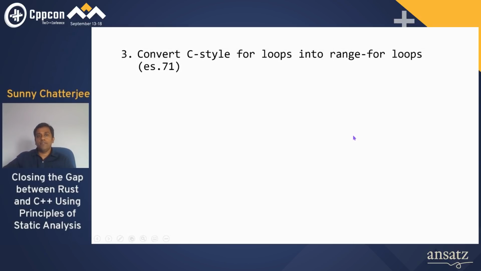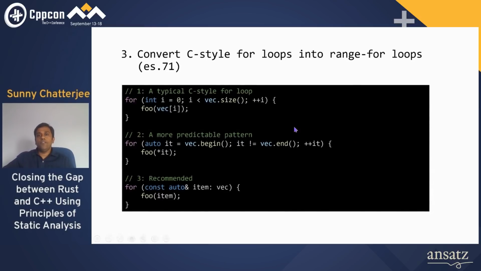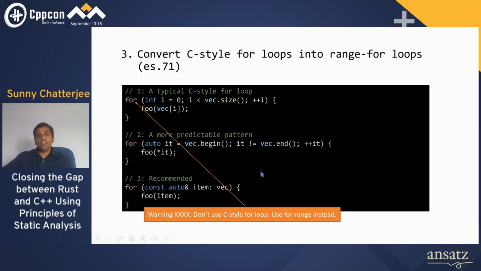The other example that's interesting is we want to convert C-style for loops into range for loops. So here is a typical C-style for loop example where we're basically going from 0, while it's less than the size of the vector, and then you're indexing it by that variable i. In the second pattern, it's more predictable where we have the begin and end. So we are still using naked iterators, and it's still possible to read past the end of the collection. If you are using naked iterators, it's not range checked. The third format is what we would recommend, where you're using a range for loop and it's impossible for you to read past the range of the vector. So in this particular case, we want to issue a warning that says, hey, don't use C-style for loop, use